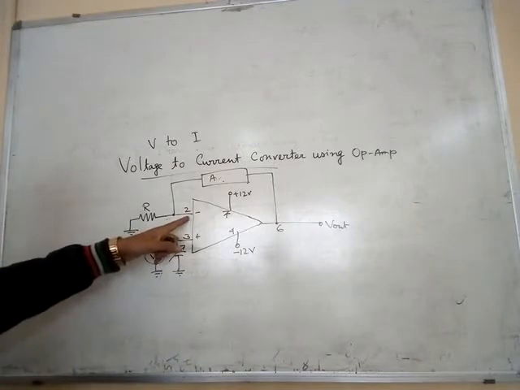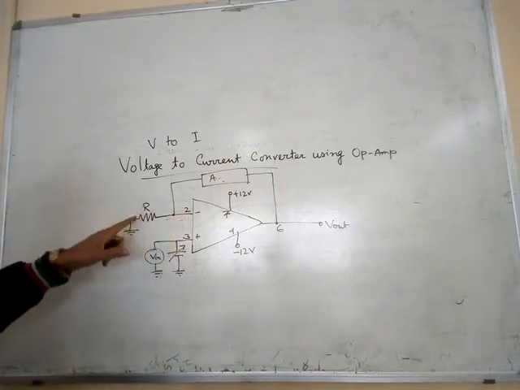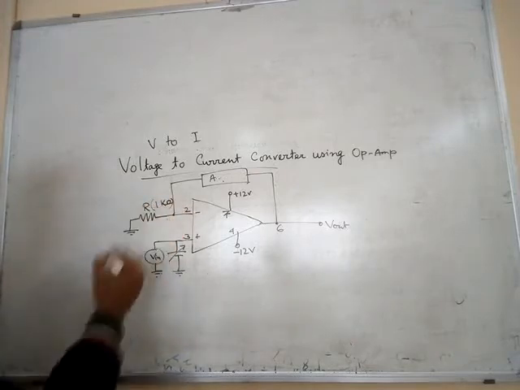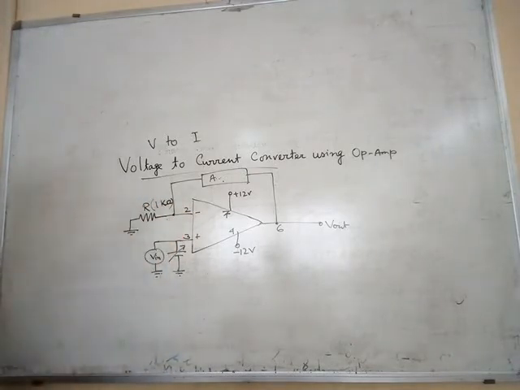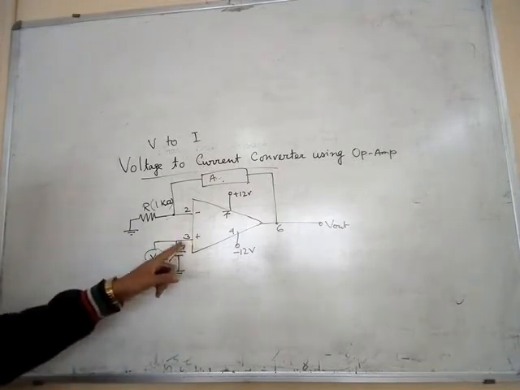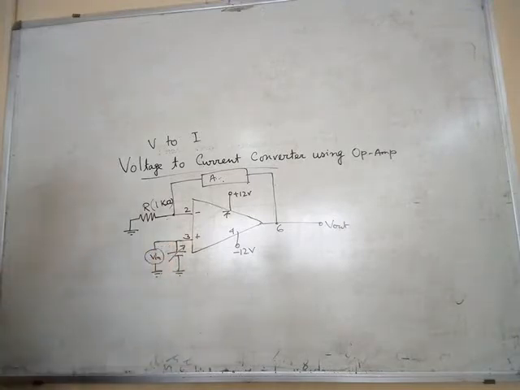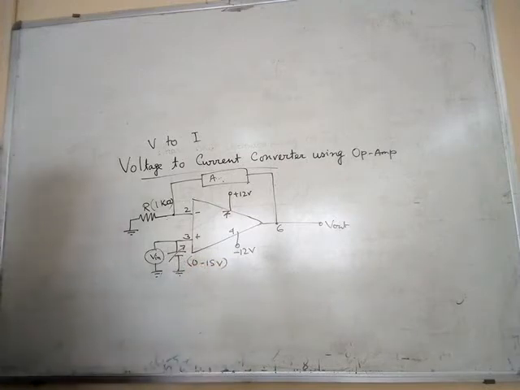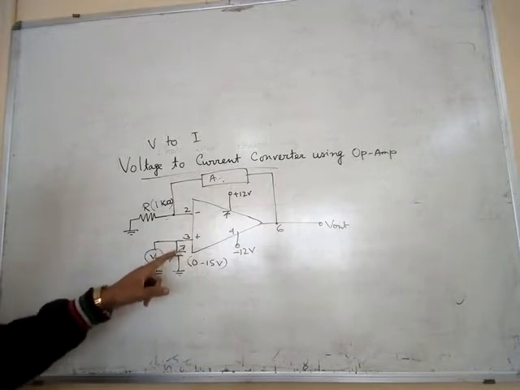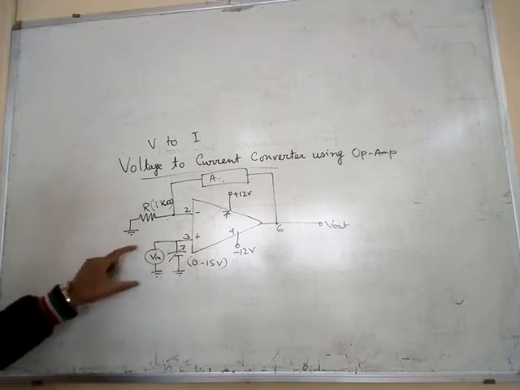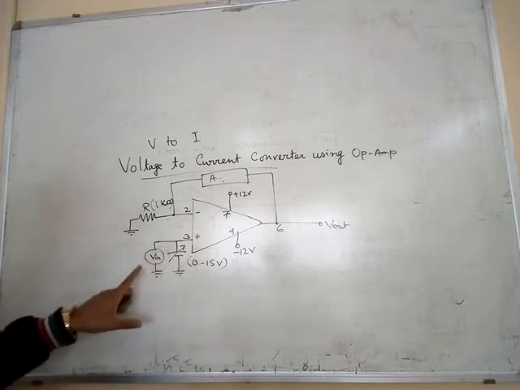At pin number 2 of op amp, we have to connect a resistor. The value of resistor is 1 kilo ohm. Another point of resistor is connected to the ground. Next, at pin number 3, we have to connect variable power supply. We vary from suppose 0 to 15 volt. As we vary the voltage, we have to connect a multimeter parallel to this connection. Then we can get the value in the multimeter.